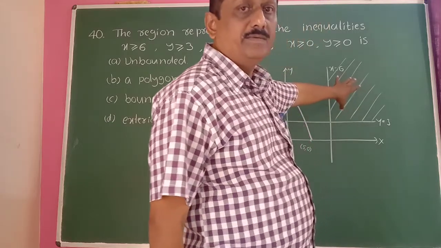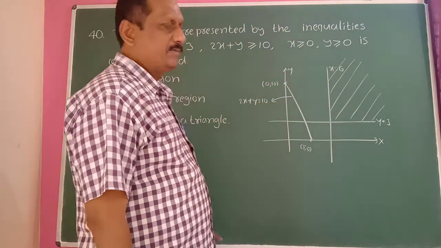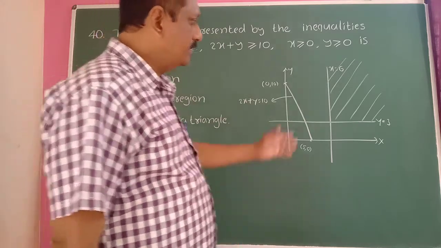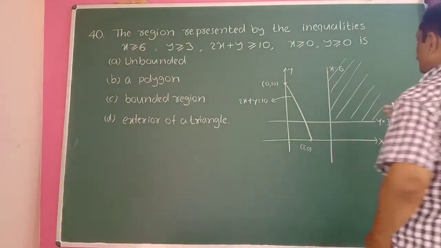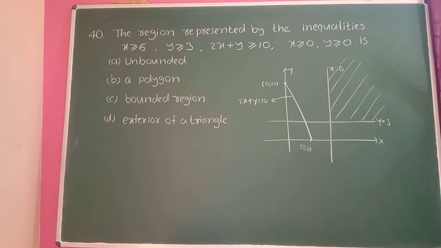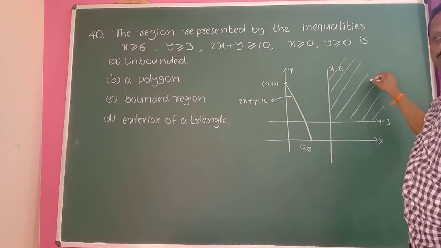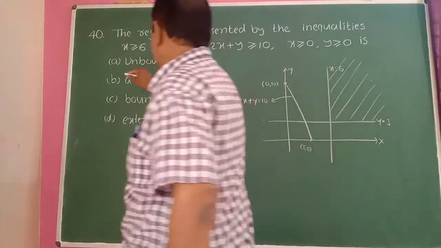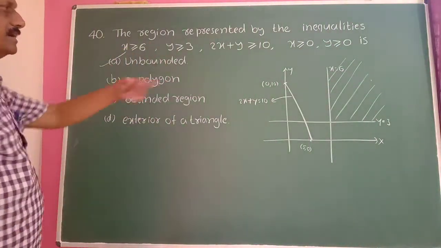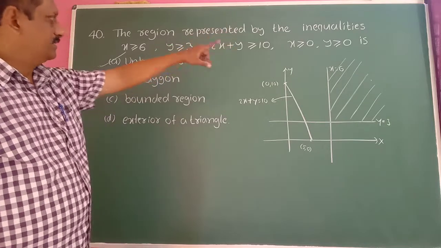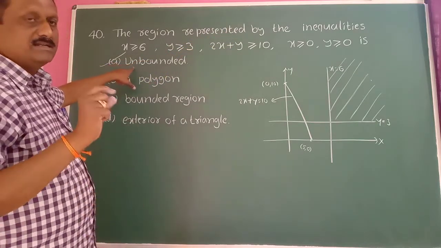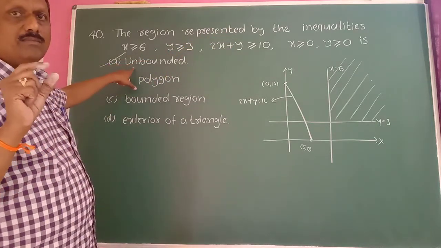Hence it is said to be the feasible region. But this feasible region is not finite. It is infinite. You can extend it like this, anywhere. Therefore, it is said to be unbounded. Unbounded feasible region. Yes, the first option is correct here. It never ends. Hence, that feasible region is said to be unbounded.